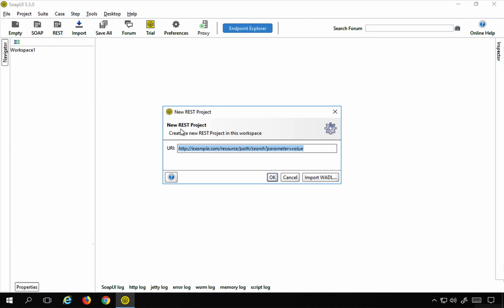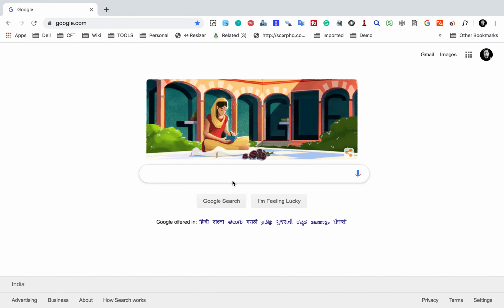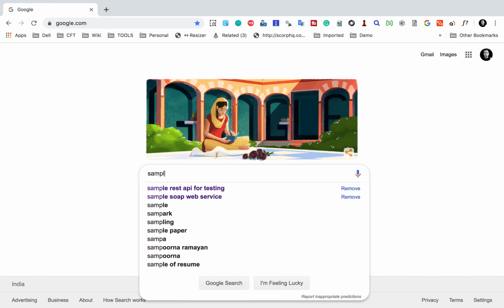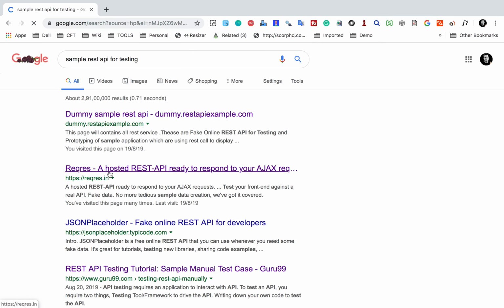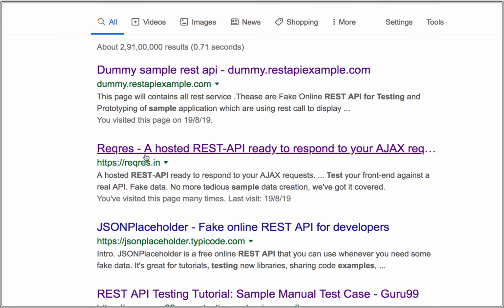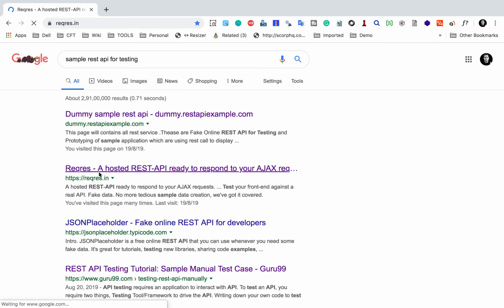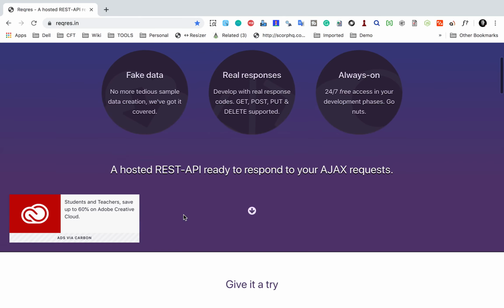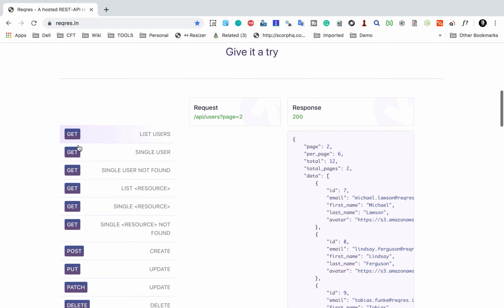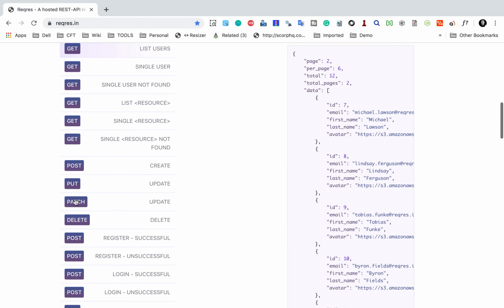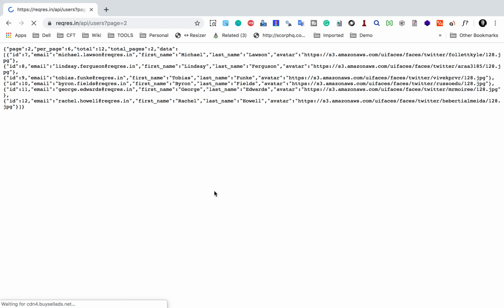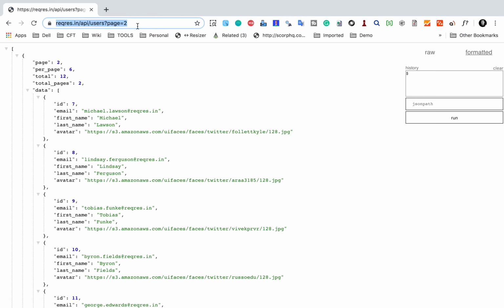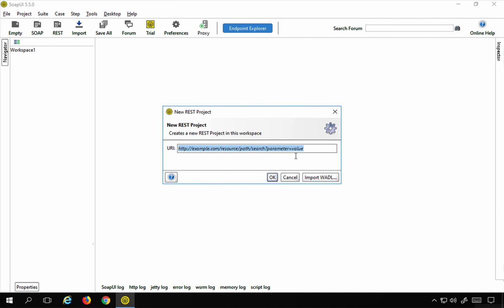And for getting some sample API, I will go to Google and search for sample REST API for testing. And here I have got this reqres.in. I will go here. And here we have some sample APIs. So here you can see we have some get APIs, post, put, delete. I will get this list users, and this is the URL. I will copy this URL and provide it here